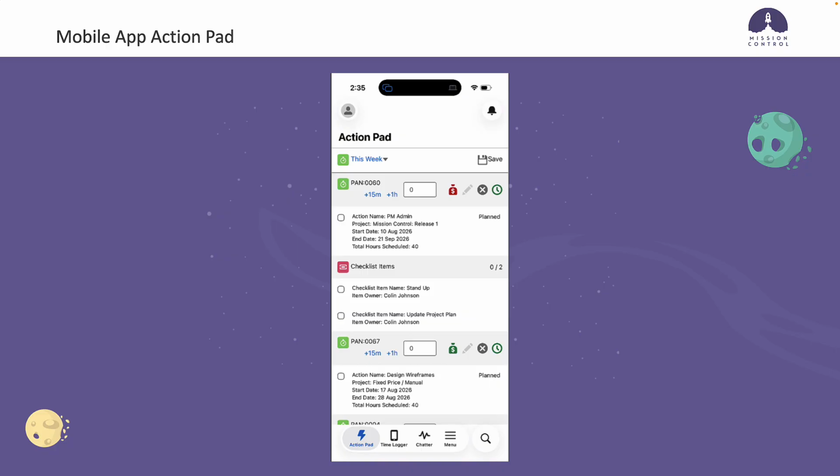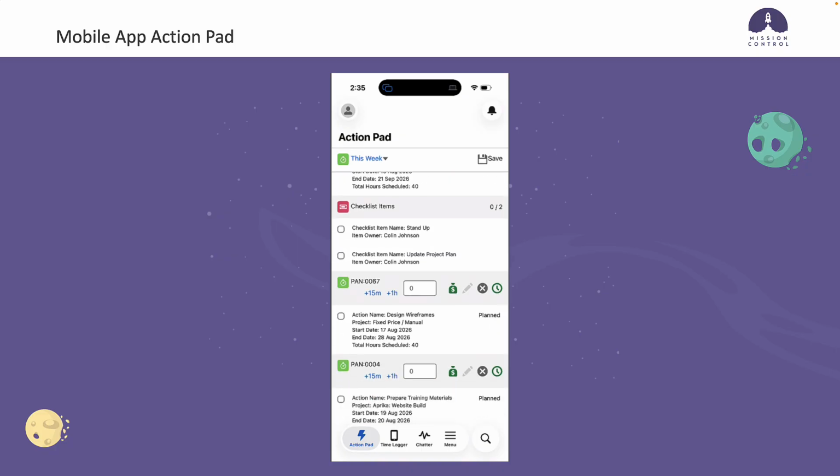I'm able to tick any of these off with a click of the checkbox. So I can come along and log time. On PAN 0067, I might have said, oh, I've just done 1 hour there. If I want to increase that to 1.5, I'm just using the +5 increment there, and I can click the pencil to add notes, very much like the mobile app time logger functionality. But I'm also able to mark off individual things as well. So if I click onto the checkbox for that checklist item,